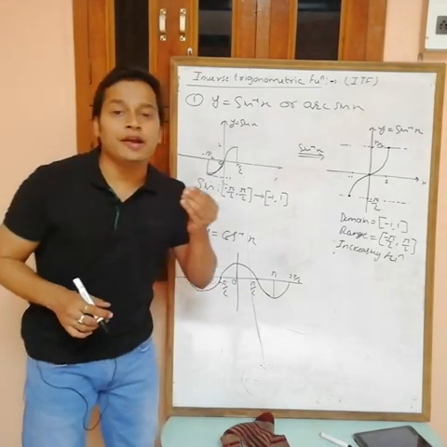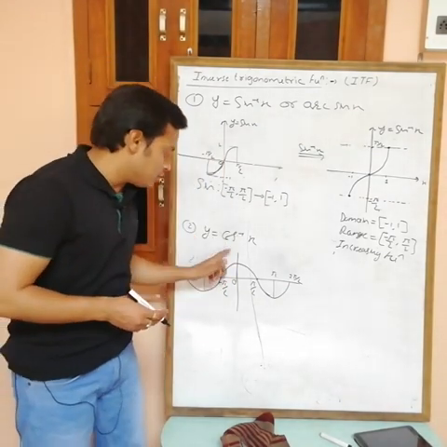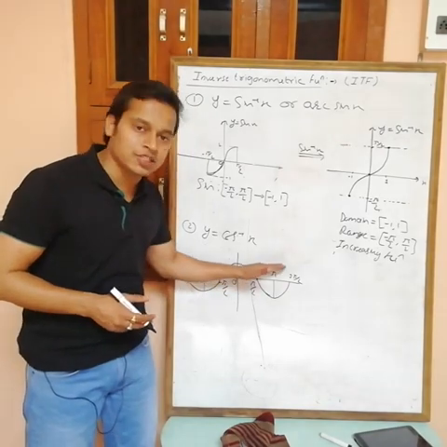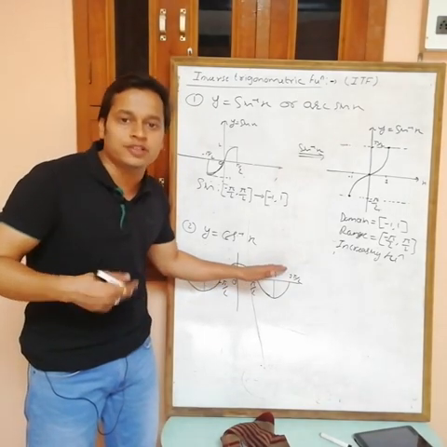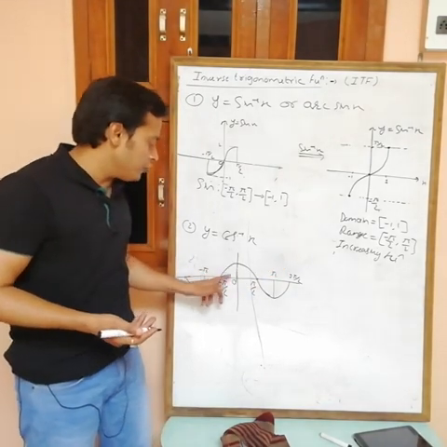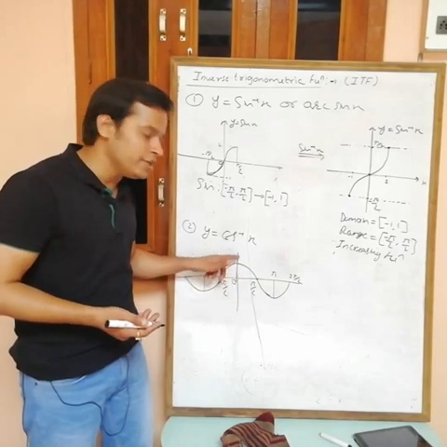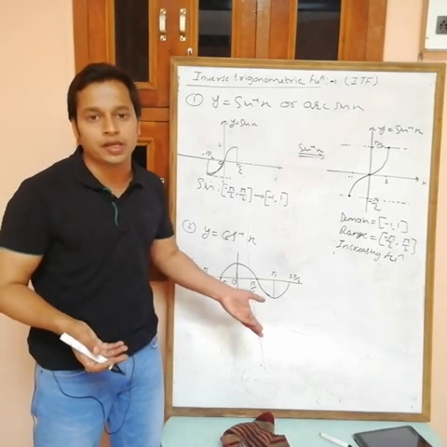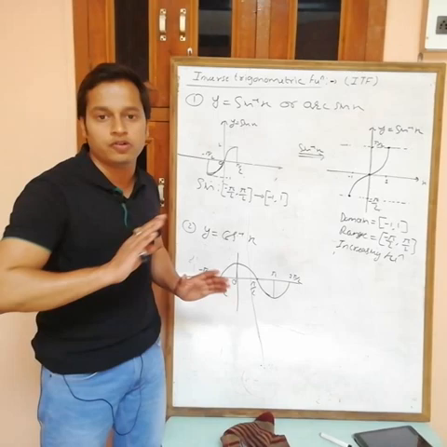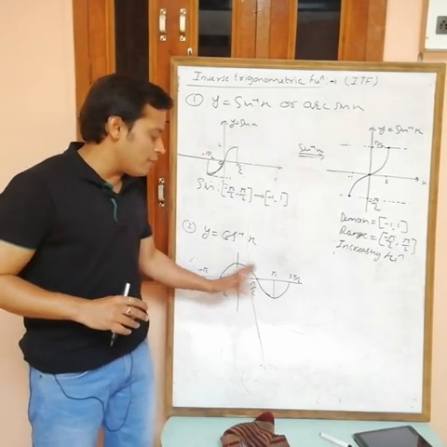Now if I take minus pi by 2 to plus pi by 2, then again I can draw a line which cuts the graph at more than one point, so this becomes many one. And for this interval, it is taking only positive values. What about negative? It must take all the values, so I can't take minus pi by 2 to plus pi by 2.